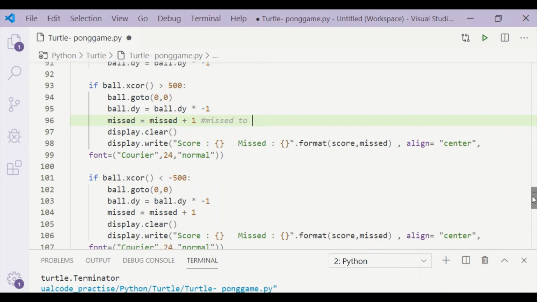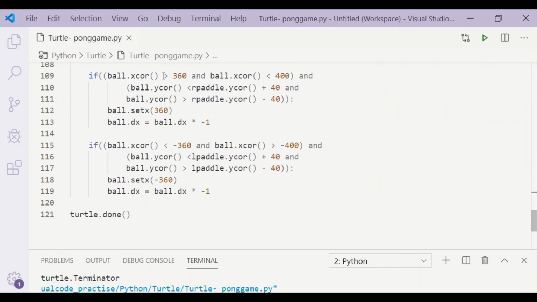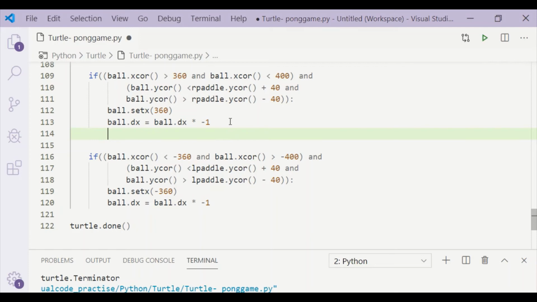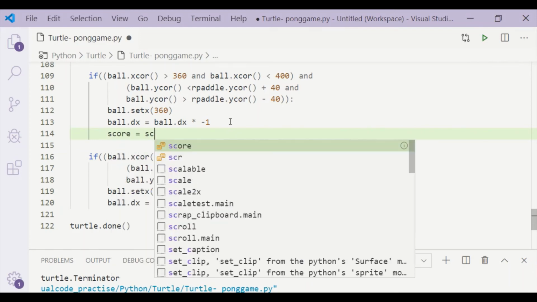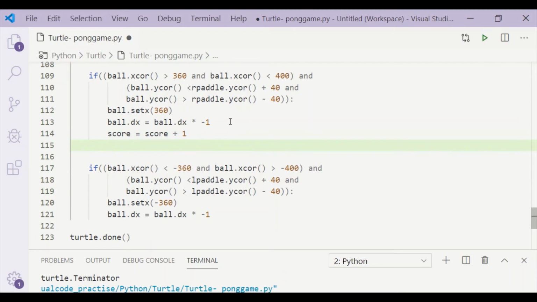Now we have considered to update the missed values for the ball. We should also consider incrementing the score value for the ball. Score will be incremented when the ball is hit by either right pedal or left pedal.